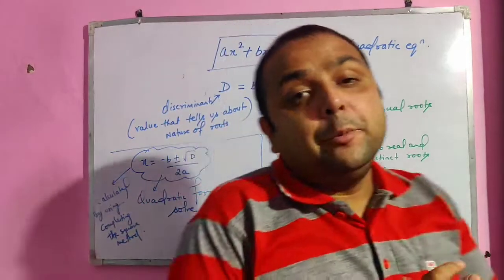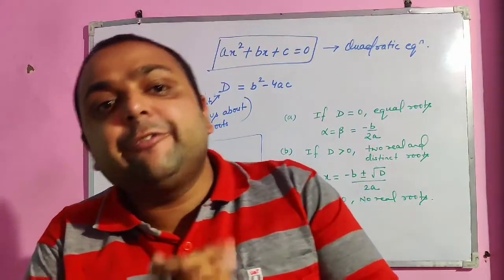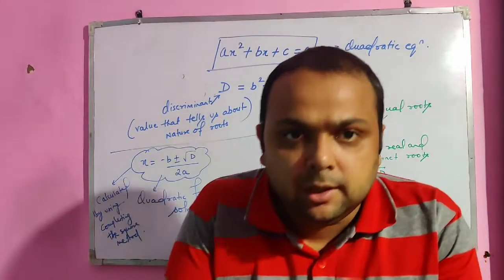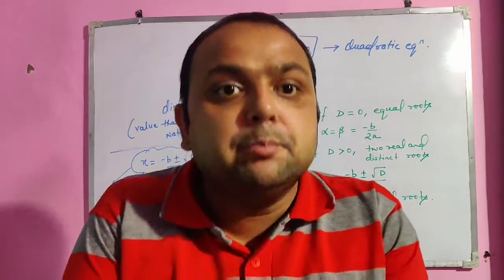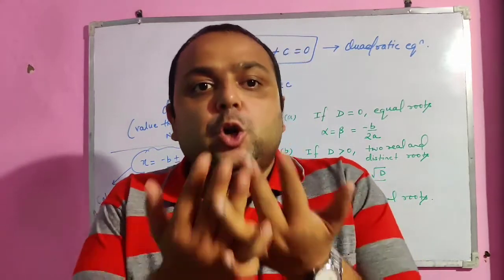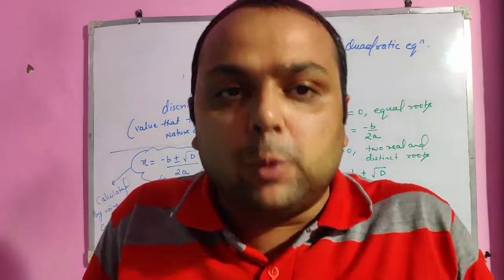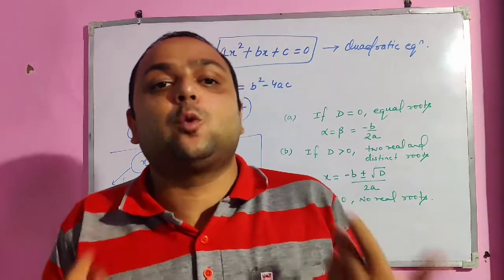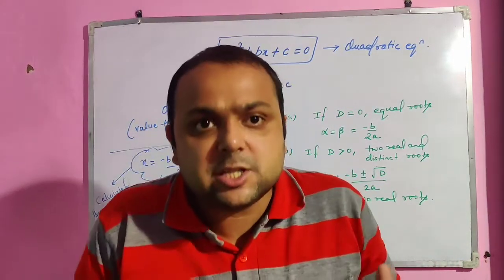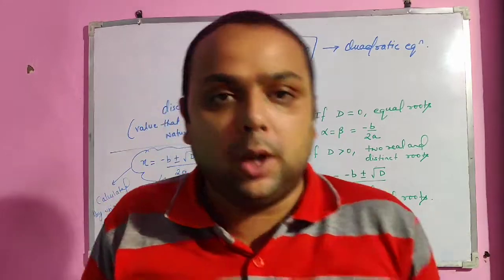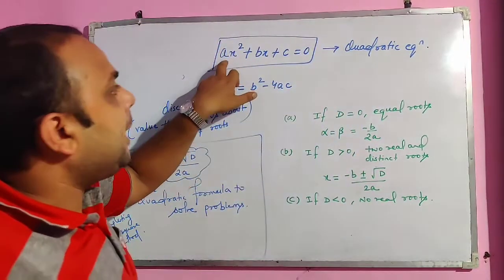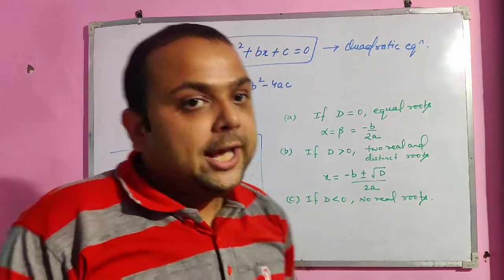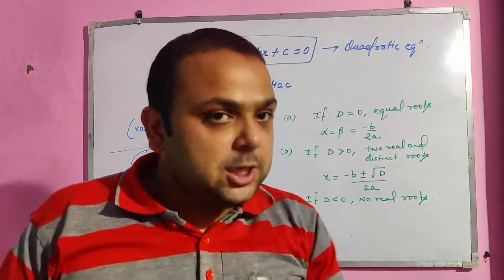Now I am going to tell you about the quadratic formula, which is the third method to solve a quadratic equation. It is the most convenient and easiest method because in that we just need to apply the formula. This method is derived using the concept of completing the square. We are not going to derive it, we are just seeing the applications of this formula. We have the equation ax square plus bx plus c equal to 0. This is the general form of a quadratic equation in which a should not be equal to 0.